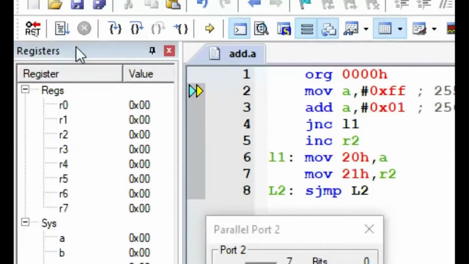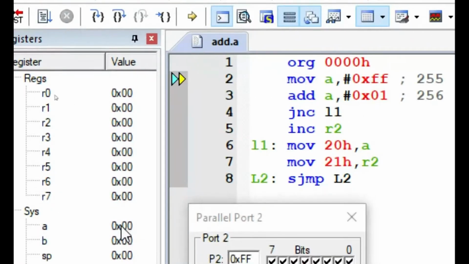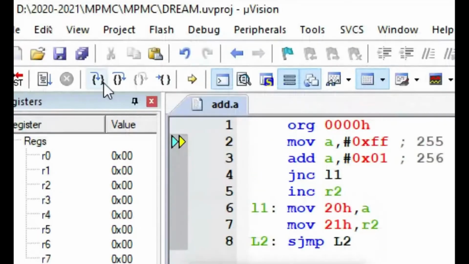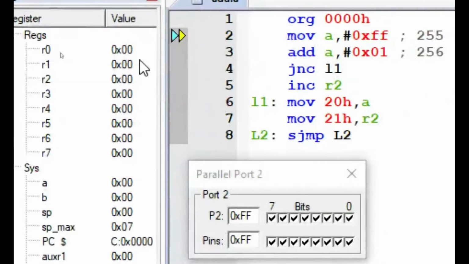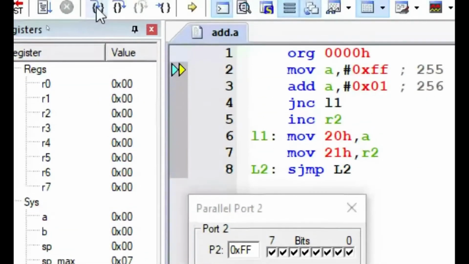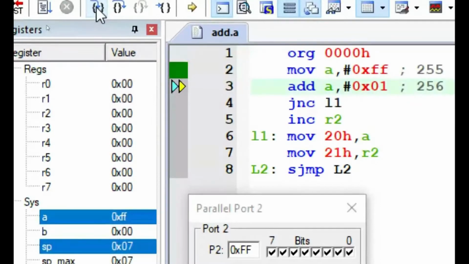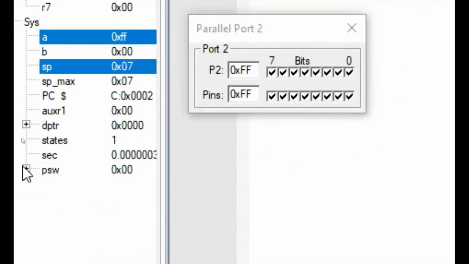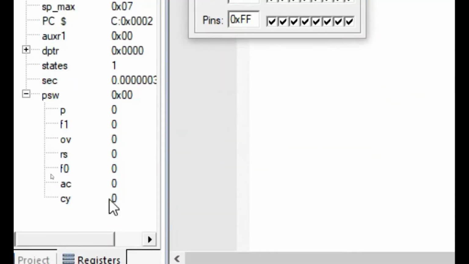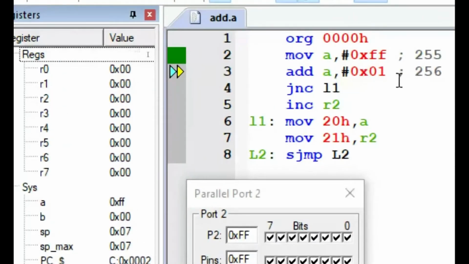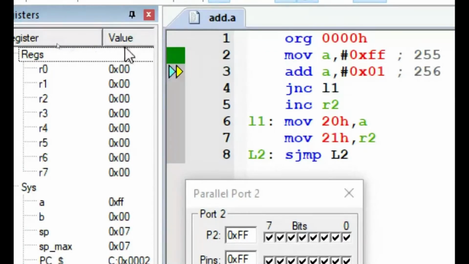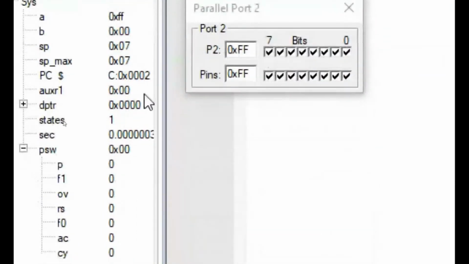Now we'll start executing the code as usual. MOV A, #0FF. So accumulator A will become FF, doing single step execution. Accumulator will become FF. And adding A with 01, definitely there will be a carry flag. So we are interested to see the carry flag. Now you see the carry flag was not set. Carry flag is 0. After executing this ADD A, #01, there will be a carry. So the carry flag will set and notify there exists a carry.